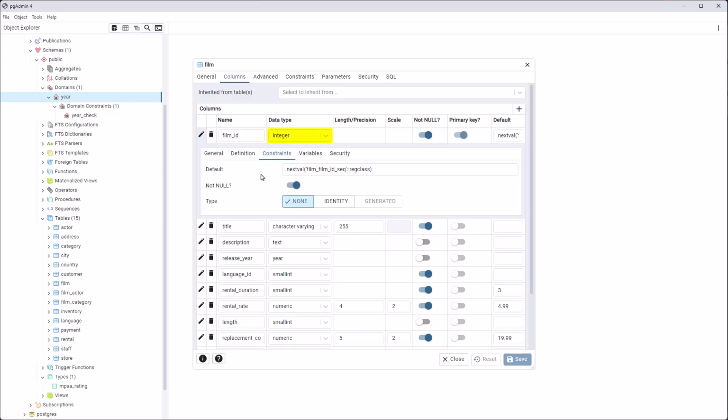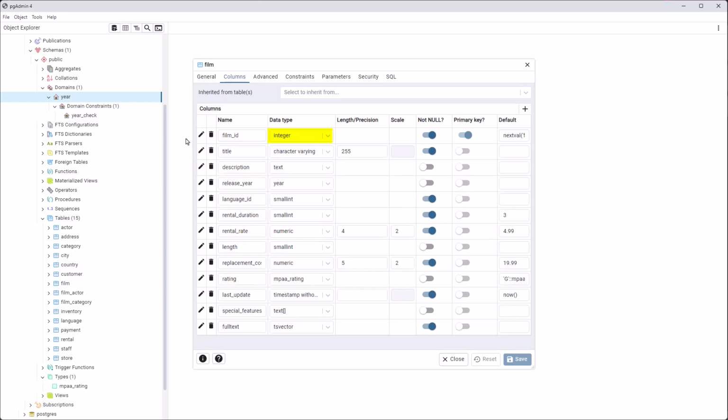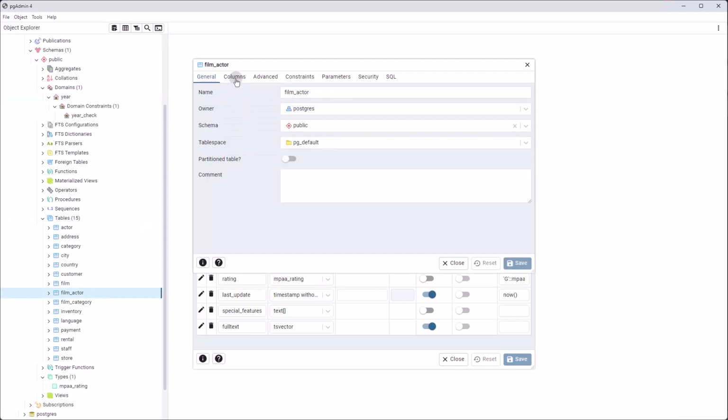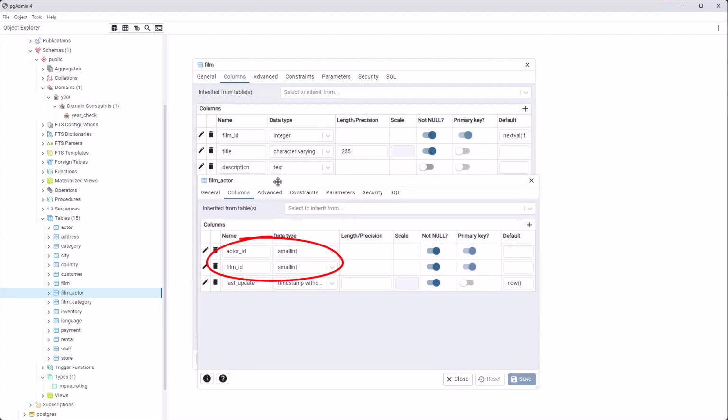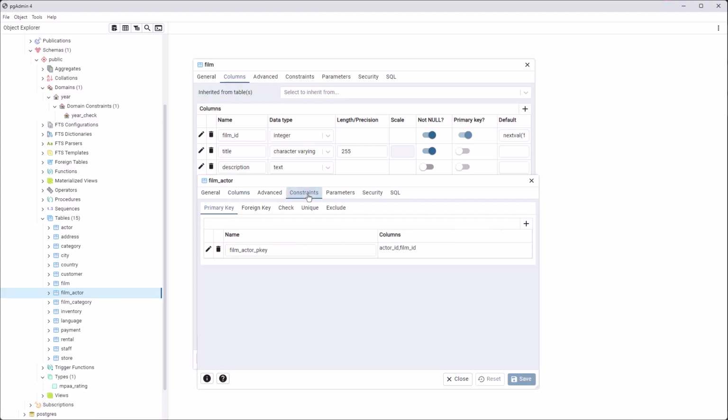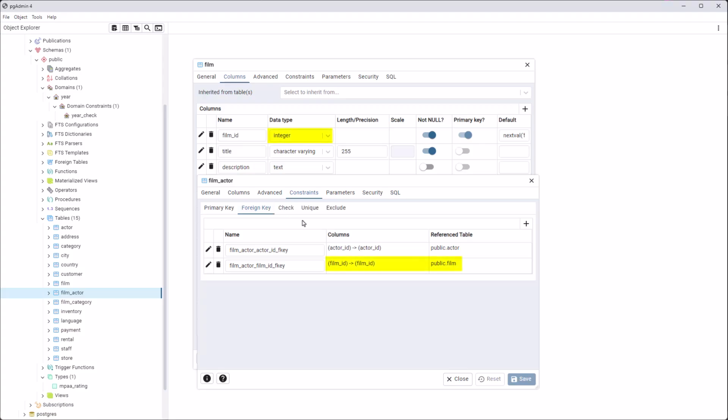However, this sample database has been designed in a pretty peculiar way. Even though the key columns in the tables have an integer data type, the data type of other columns that reference those is usually smallint. For example, if we take a look at the columns on the film_actor table, then you'll notice that both actor ID and film ID are defined there as data type smallint. Yet, for each one of them, there exists a foreign key to the respective tables that have an integer primary key. I guess PostgreSQL allows it since smallint type is compatible with the integer type, but I find it pretty weird, and you'll see the kind of issues it creates in a minute.